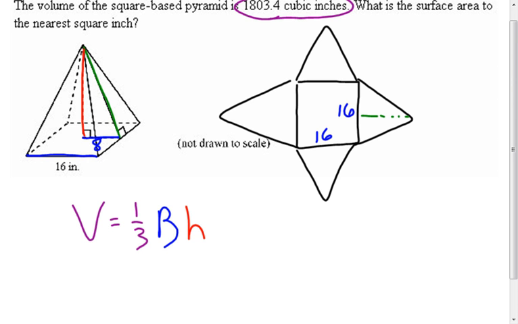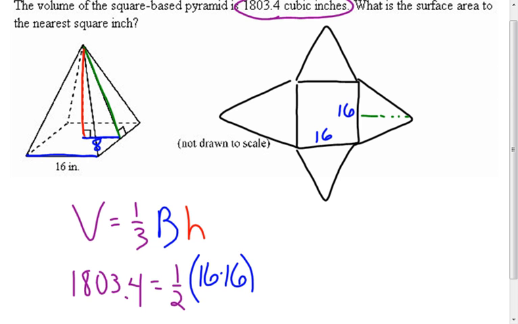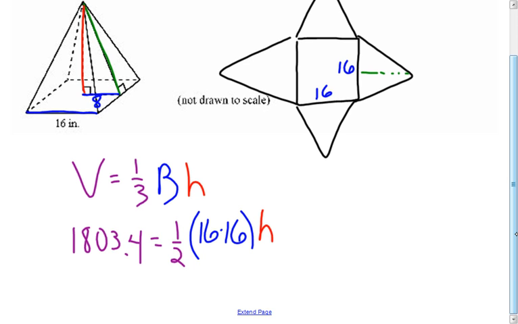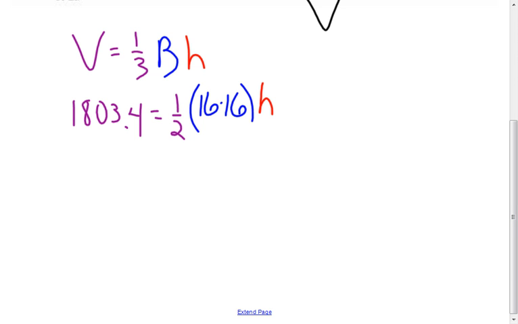And then I'm going to come back here and I'm plugging what I know. Well, the volume, it tells me, is 1,803.4. So that's going to be equal to 1/3 area of the base. Well, I know it's a square and it gives me each side length, so that's going to be 16 times 16, and then times h. So now it's a matter of solving an equation. This part, the 1/3 times 16 times 16, that's going to come out to equal 128. So I have 128 h equal to 1,803.4. And then if I divide both sides by 128,